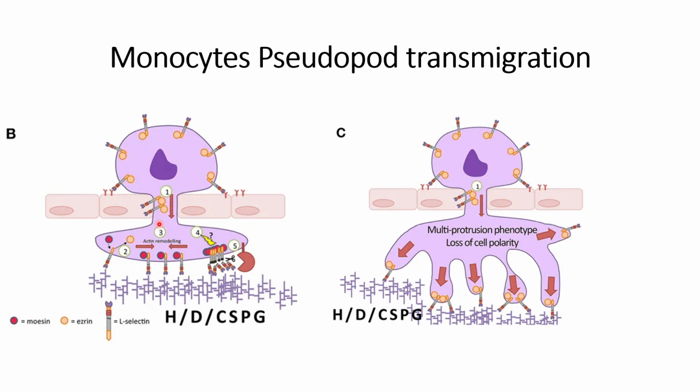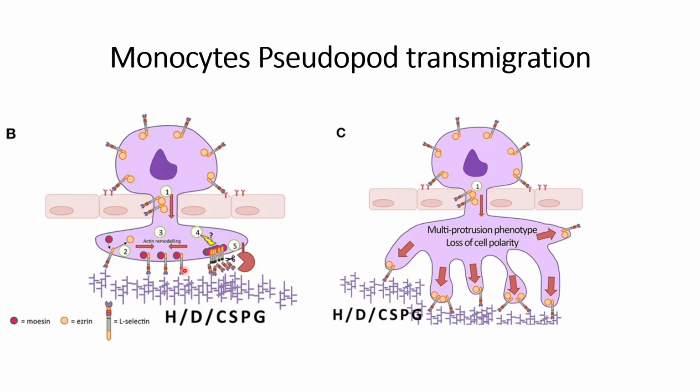At the same time, there is a cyclic interaction between ezrin and moesin, and this is supported by phosphorylation and dephosphorylation in the tail region of the L-selectin. When the serine residue in the tail region is phosphorylated, it interacts with ezrin, and when it is dephosphorylated, it interacts with moesin. And these phosphorylations and dephosphorylations help in this